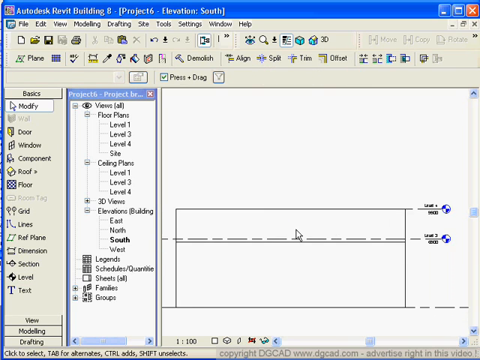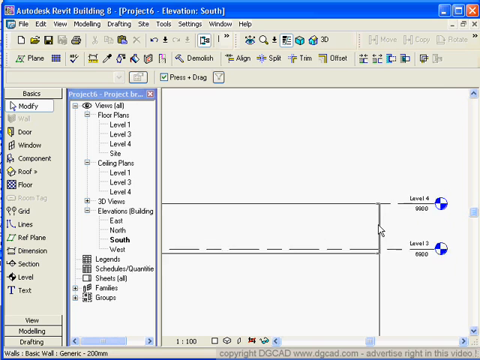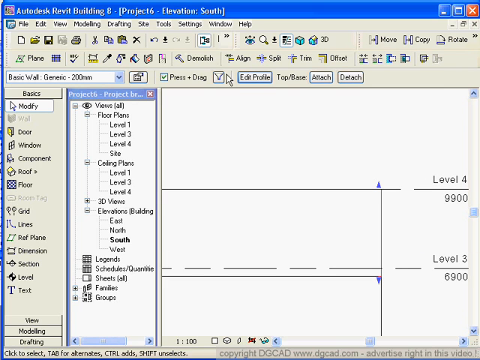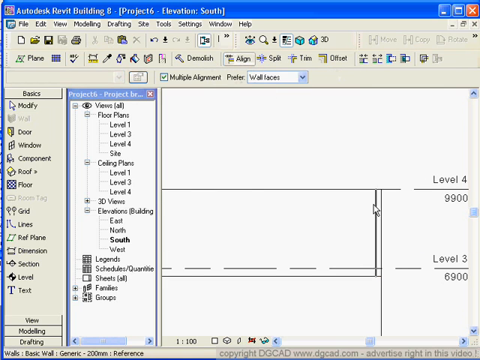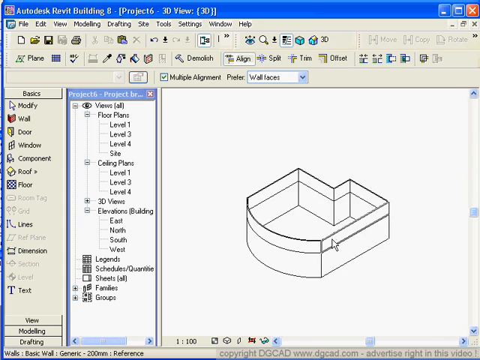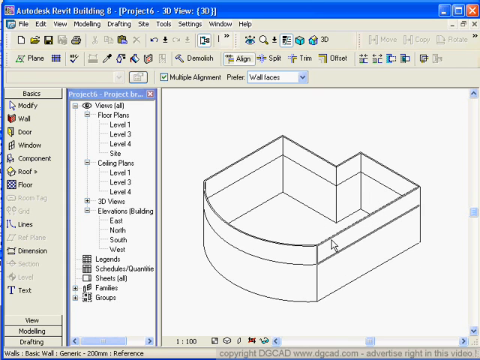Click on there, hit escape. That's going to take on the next number, which is level 4. And now what I'm going to do is take this and use my align command, and I'm going to say align this to, now let's just do this in 3D,